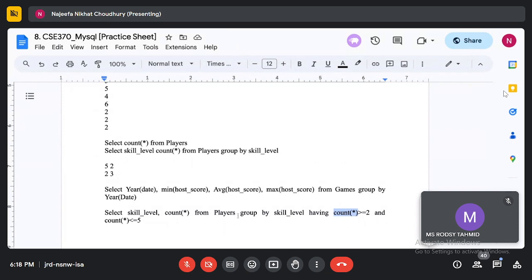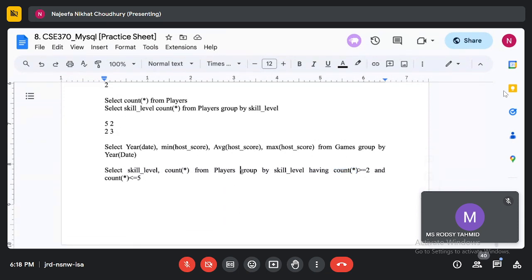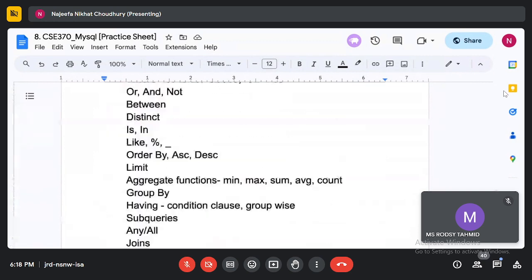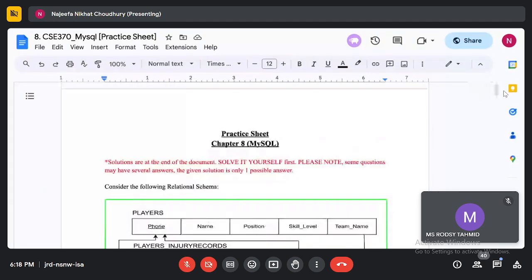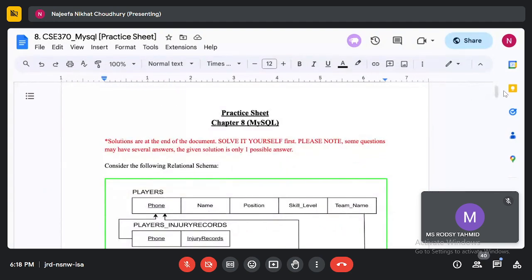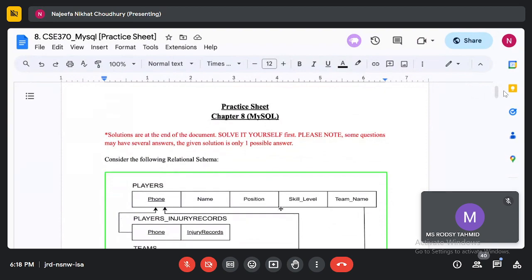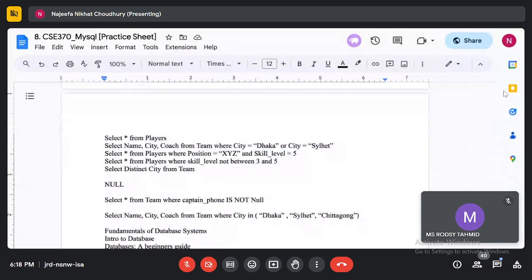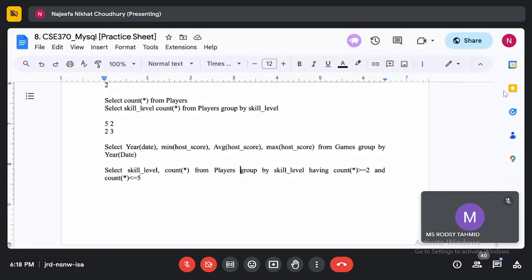Also, the position of where will always come before. Let's say I want to see all this information for players who have position XYZ. In that case, I will have to use both where and having.